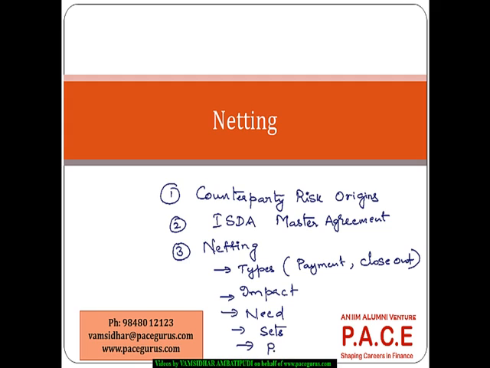And we are finally just talking about the product coverage with respect to netting. So these are the various aspects that we will look at, right? So let's get started. See, typically, whenever I talk about a traditional counterparty risk,